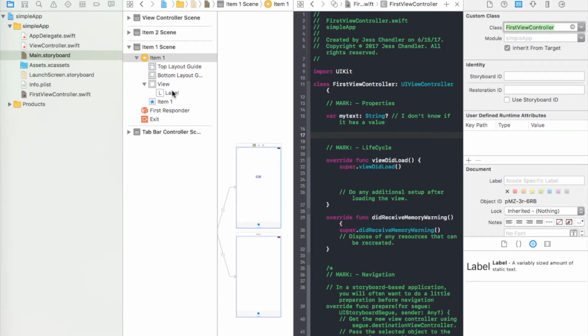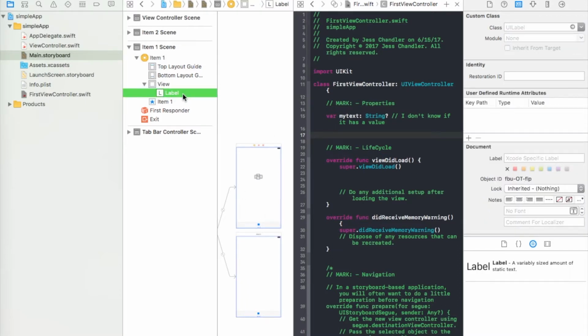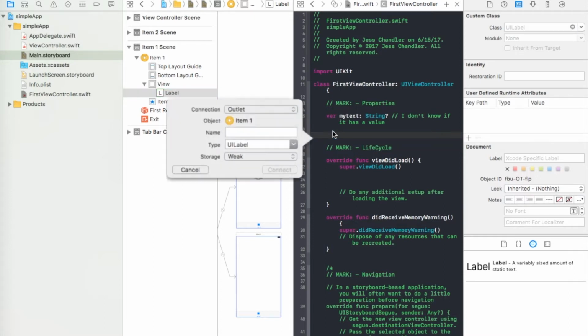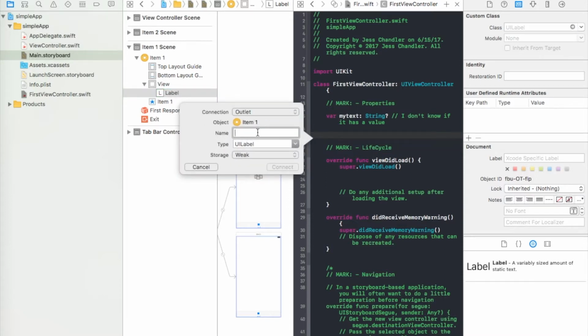And I want to create an outlet for this label so that I can change the text in it, assuming there's some information coming into this view controller from the segue that it gets. But what we do is we select the label that we want to be able to change and hold down Control and drag it into the code. And what you'll see is it says you can insert the outlet or outlet collection. You let go and you say, well, maybe I'll call this my label,